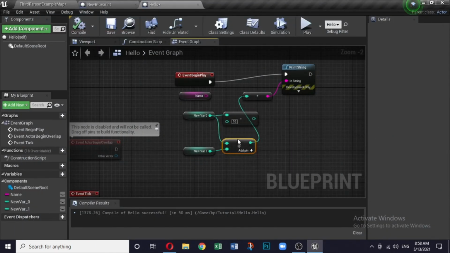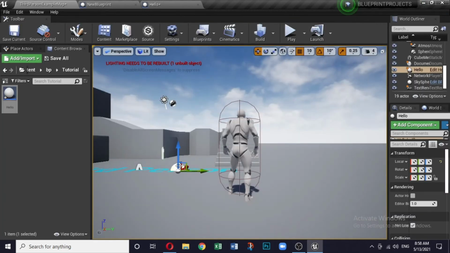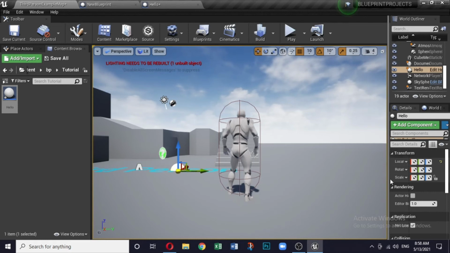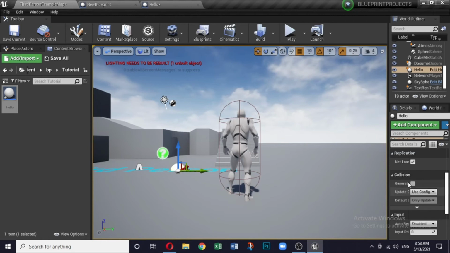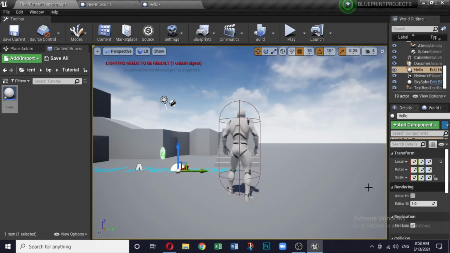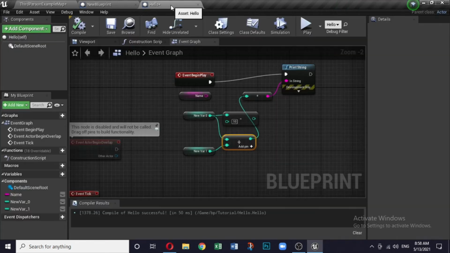So likewise, there are a lot of other mathematical calculations you can work out, and you can name this variable whatever it is. Okay, now this is very important. The moment you select this blueprint which is there in the world, this information is not available out here. You can't see these variable informations out here, and you cannot change unless and until you go to the editor part.